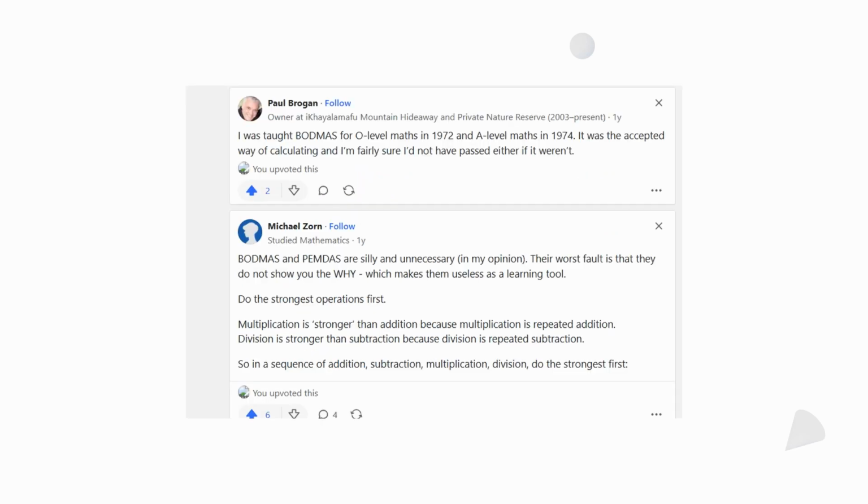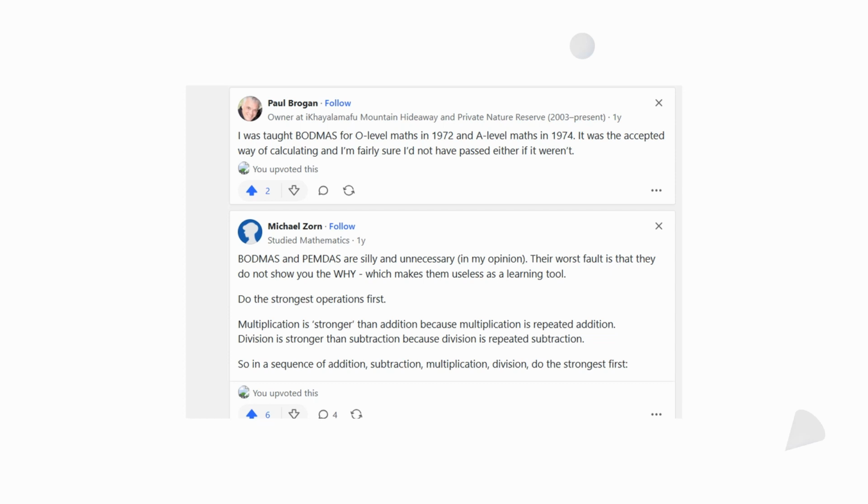But some really good people did respond. The problem is nobody ever reads the comments below the headline. The headline fits the agenda, so they copy and paste it. But here somebody mentions that they studied O level back in 1972 and A level, I guess, in 1974, and